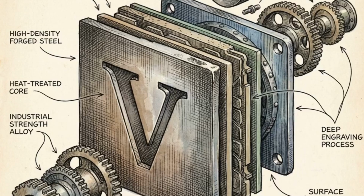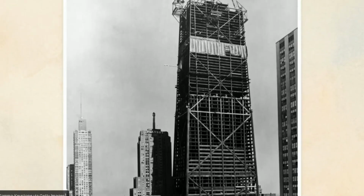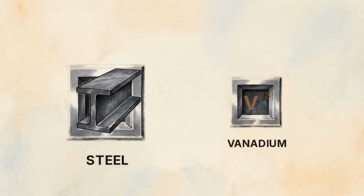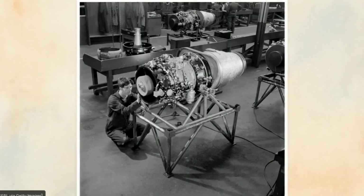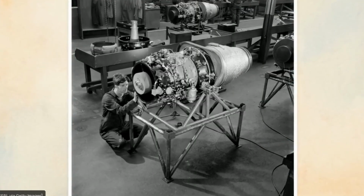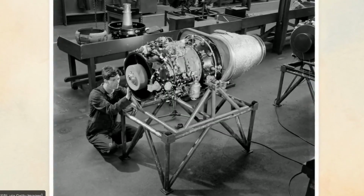At the top of the group sits element 23, vanadium. As the lightest member, it acts as the ultimate industrial enhancer. A tiny fraction of it is all you need to reinforce the skeleton of a skyscraper. When you mix vanadium into steel alloys, it acts as a catalyst. The resulting metal is highly durable and capable of withstanding the immense rotational stress inside jet engines and heavy-duty mechanical